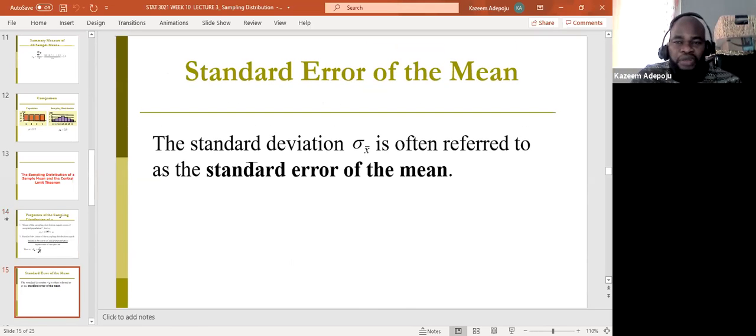Okay, so because of that, we're going to be talking about the standard error of the mean. Initially we were talking about the standard deviation, which has to do with the standard deviation of the random variable x that may not necessarily follow a normal distribution. But if I want to talk about the standard error of the mean, we believe that the standard error of the mean is the standard deviation that has been adjusted because we have incorporated the idea of sampling distribution. And of course, the error that we're going to have now will actually be minimized. Okay, that is exactly what we're going to do.